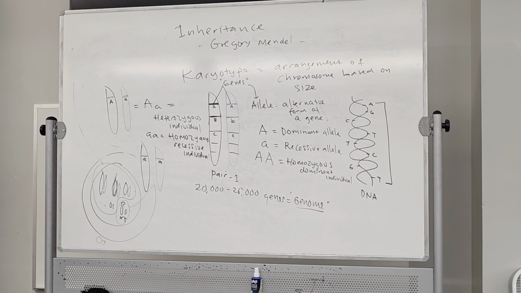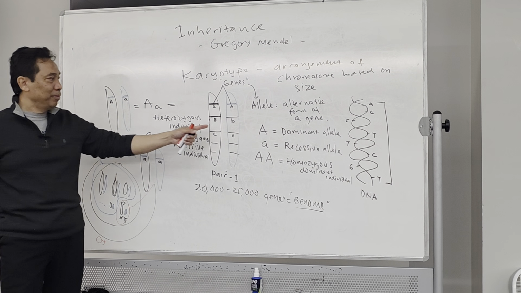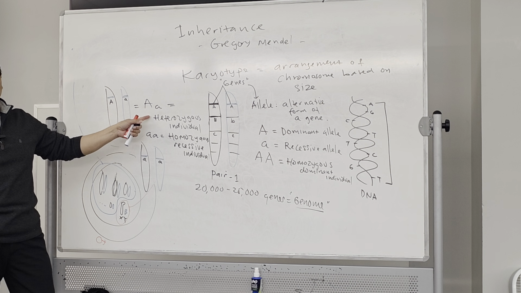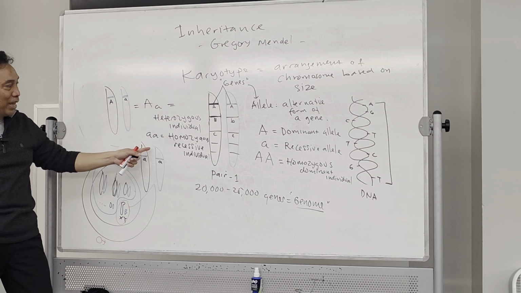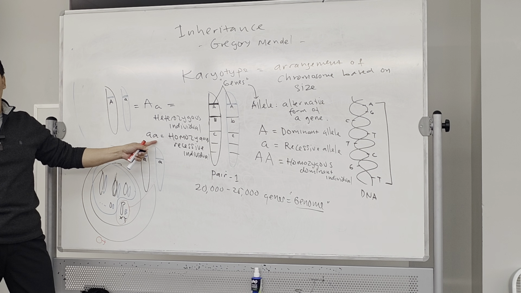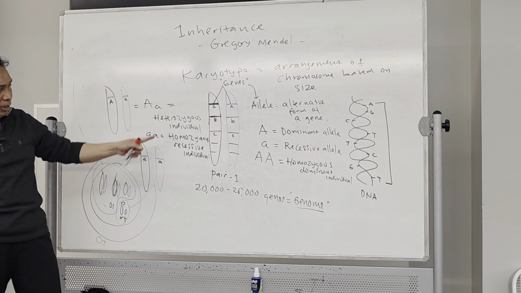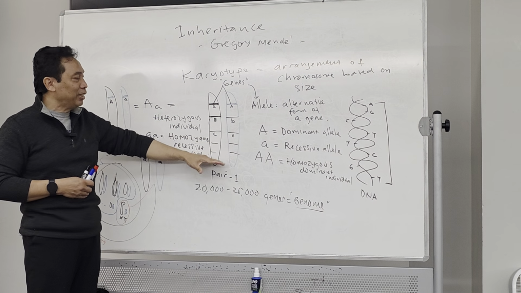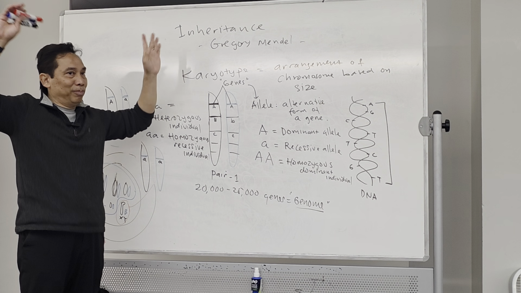Okay, so you might be homozygous dominant, you might be heterozygous, or you might be homozygous recessive for a character, for a trait. We're going to use some examples of traits later. Can you follow this? And again, if you combine all these other genes, this is going to be a lot